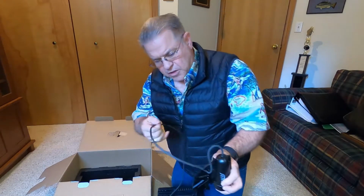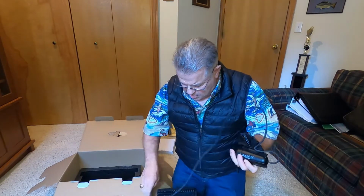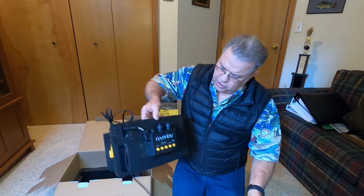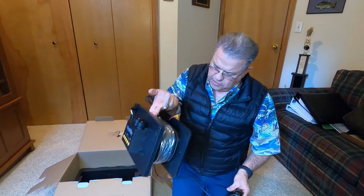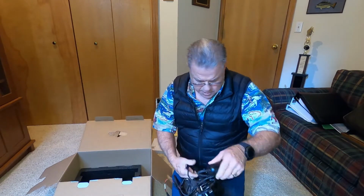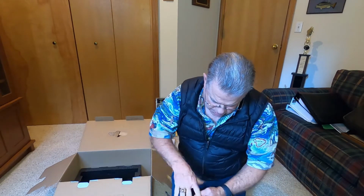The cable, nice sturdy cable. It comes with 75 feet of cable. So you've got 75 feet of cable wrapped around this shuttle. Let me go ahead and wrap this back up and see if I can figure out how to...